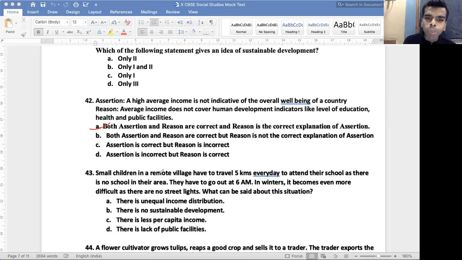Small children in a remote village have to travel 5 kilometers every day to attend their school, as there is no school in their area. They have to go out at 6 a.m. In winters, it becomes even more difficult as there are no street lights. What can be said about this situation? What can be said? There are no public facilities in this village. So the answer is option D. There is lack of public facilities in the village. Going further over here,